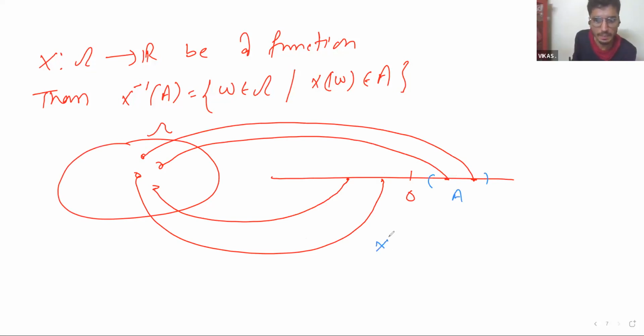Then what is the X inverse of A by definition? It is a collection of all the omega whose image belongs to this set. Let me say this is alpha 1, this is alpha 2, this is alpha 3, then this is alpha 4. Then in this collection, the inverse image is only this. Everything else has inverse image phi. As you know, if the function is not onto, the elements in the codomain which do not have an image have the inverse image as the empty set. So this will be alpha 1, alpha 2.